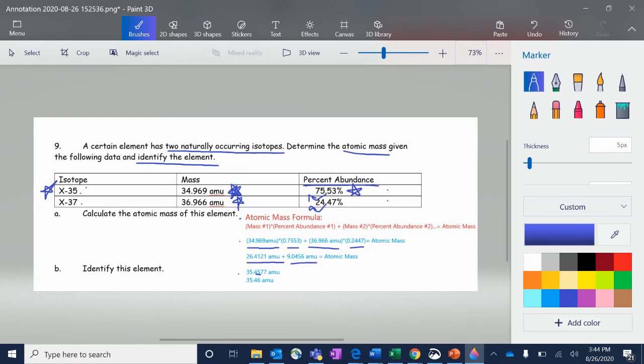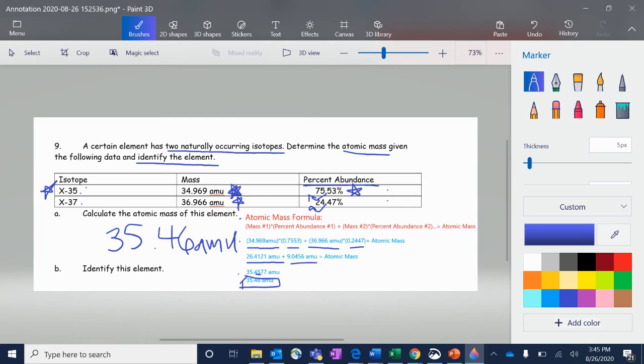So looking over at that 7, we are closer to a 6 than to a 5. So 35.46 AMU is our final value for the atomic mass. 35.46